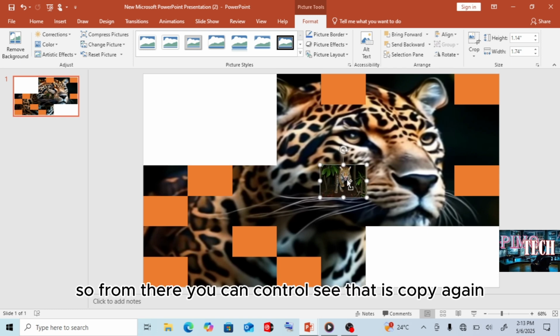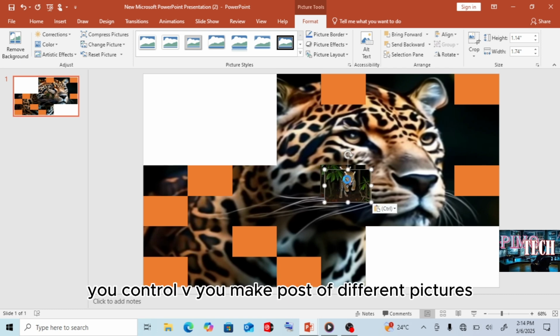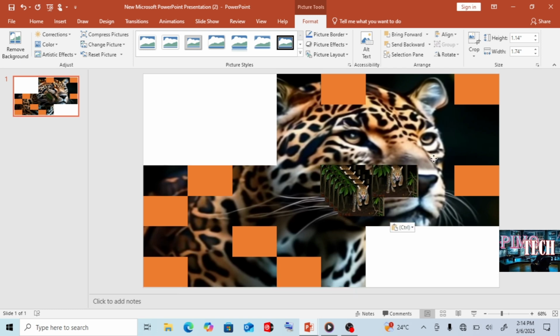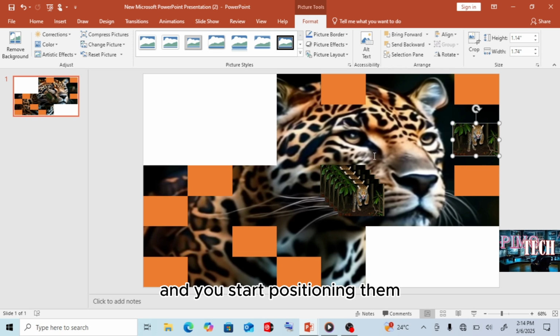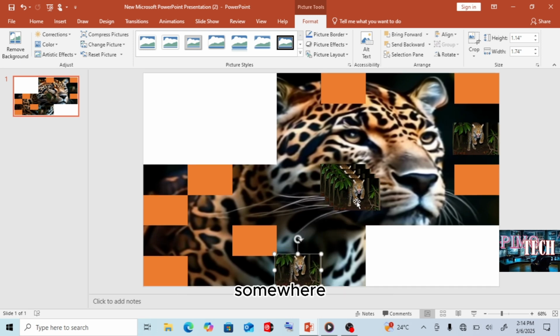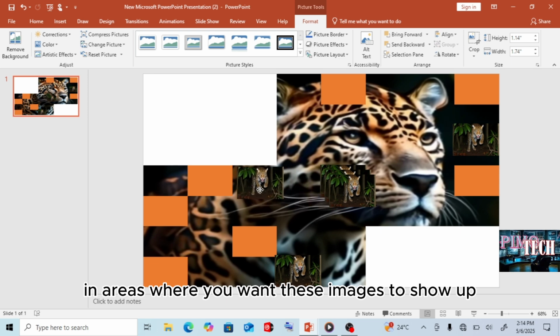So from there you can Ctrl C, that is copy. Again you Ctrl V, you make a post of different pictures and you start positioning them in areas where you want these images to show up.